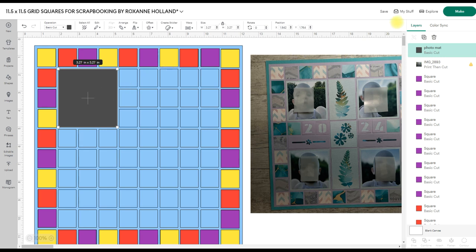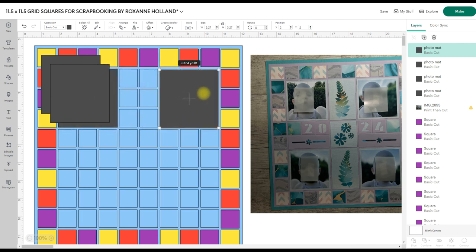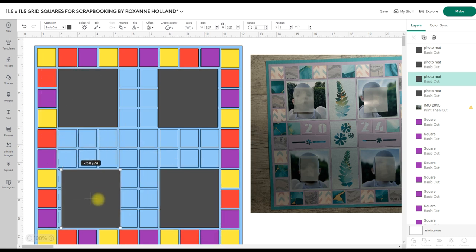Then we want 3 more of those. 1, 2, 3. So you're going to select them and put them in where they belong. So it's always good to do the bigger squares first. And as you're going along and cutting them, this is what I did. As I went along and cut them, I just changed the colour